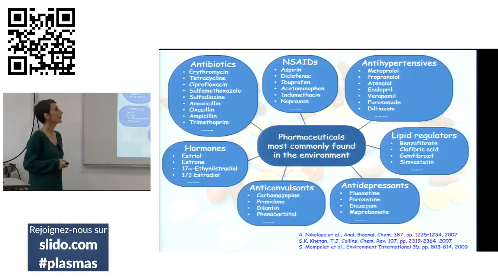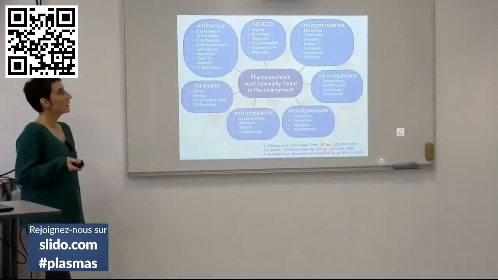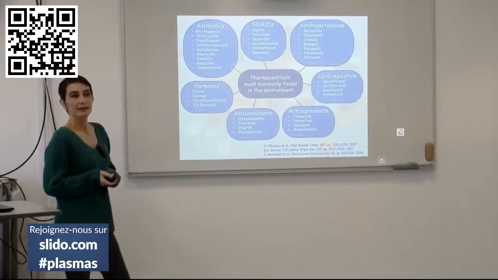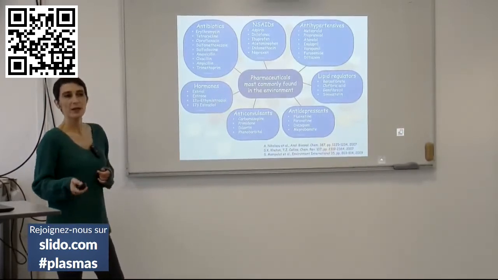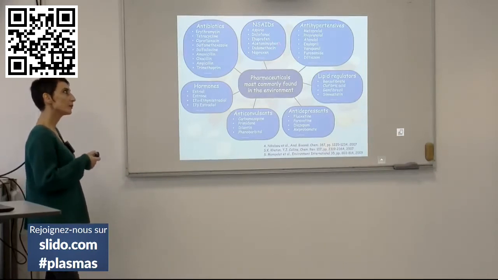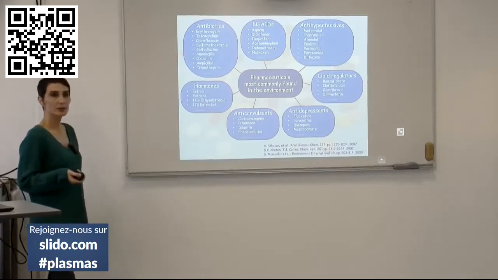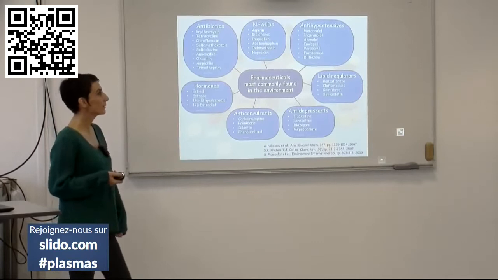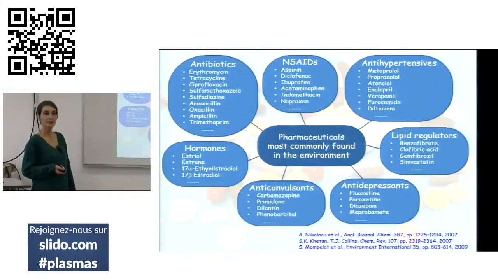Here I've made a list of the pharmaceuticals that are most commonly found in the environment. I've tried to classify them according to their therapeutic use. So we have antibiotics. The main problem with antibiotics is that antibiotic-resistant bacteria can emerge. Then we have also non-steroidal anti-inflammatory drugs. In this case, for some of these compounds, the removal in wastewater treatment plants can be quite efficient. However, the consumption is very high, and then there is, in the environment, always a background concentration, so